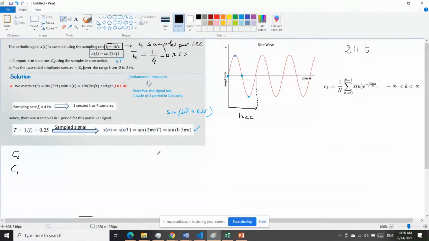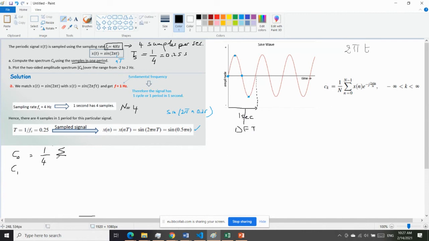How do we compute C0? It's going to be 1 over N. What is N? N is 4. We compute the Ck using the samples in one period, which are 4 samples. So N is 4. We're going to take only 4 samples, because it says take the samples in one period. We do the DFT on this part only, and we get the 4 coefficients. So C0 will be 1 over 4